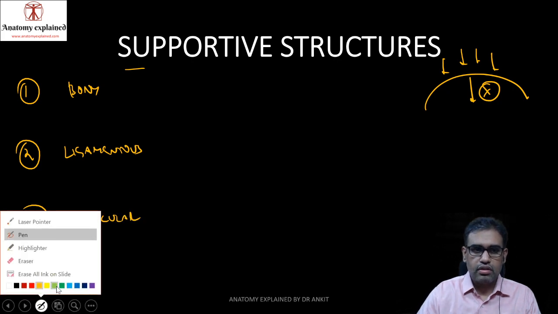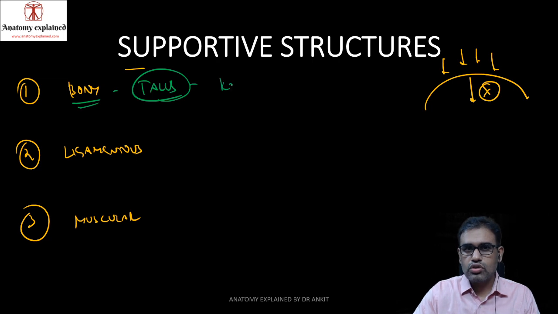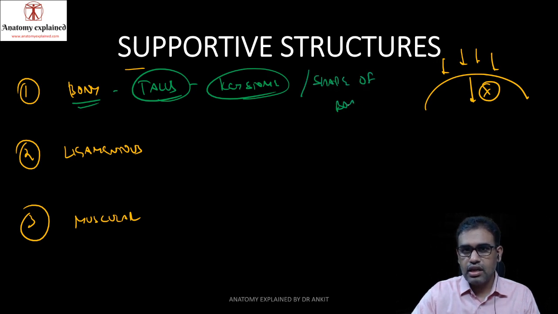So if we are talking basically of the medial longitudinal arch, the bony support, we saw that it is due to the wedge shape of the talus bone, which is also known as a keystone, and frequently comes in the question. So that is the shape of the bones. So bony structure is due to the shape of the bones. But if we talk of the supportive structures, the bony component is very less, or the contribution given by the shape of the bones to support the arch is not much.